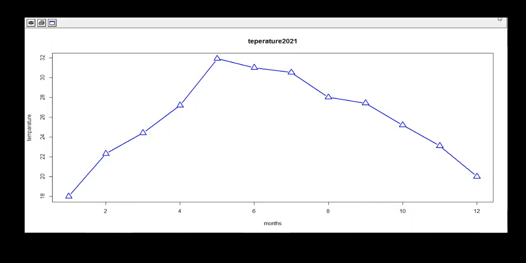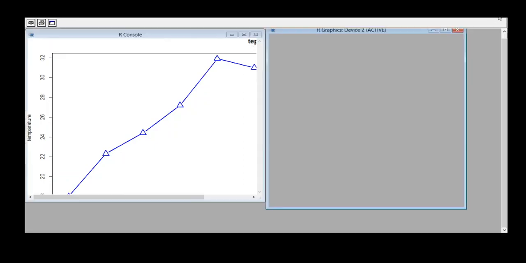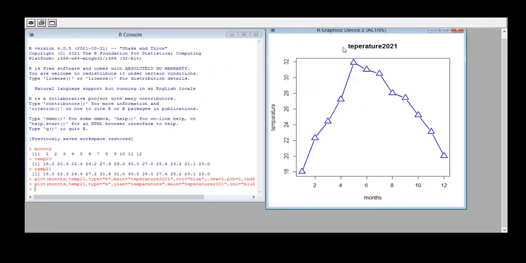All these options are available in the file menu of this particular graph. Or else you can use a command to save this particular graph. We have already studied all these commands in our theory session.